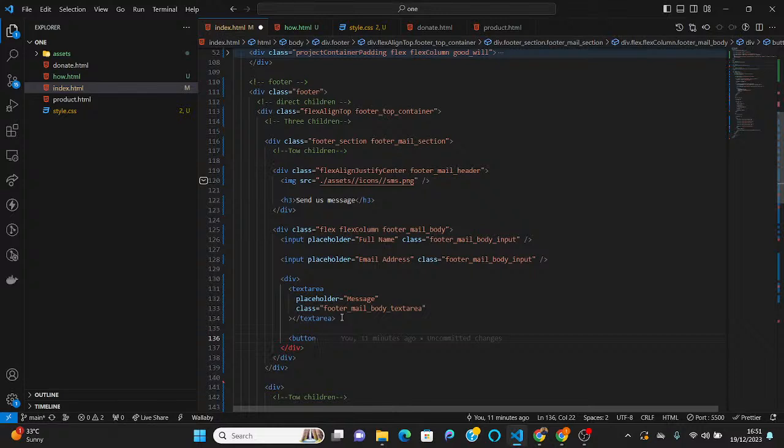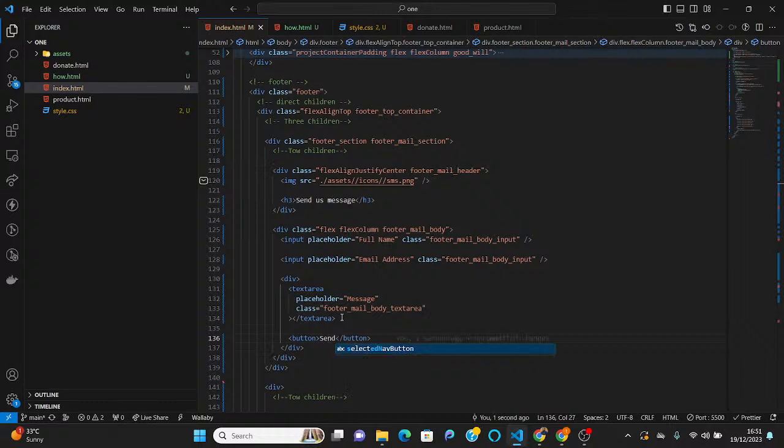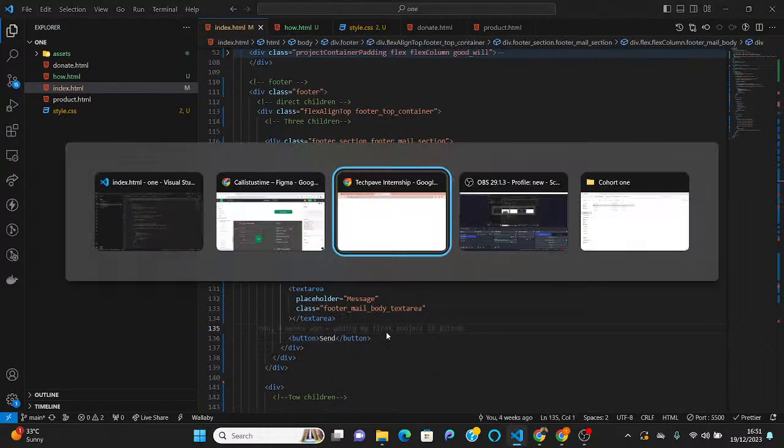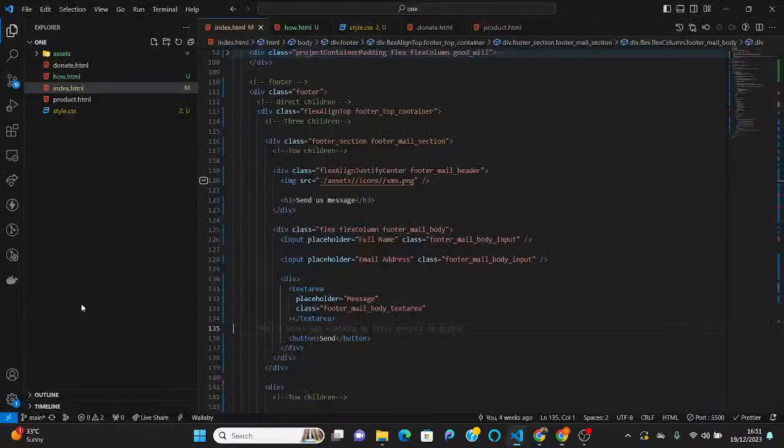Let's add our button. So let's call our button send. You can see, let's call it send. So this is our button. And when you look at it, it's now being affected. So I've added this, but